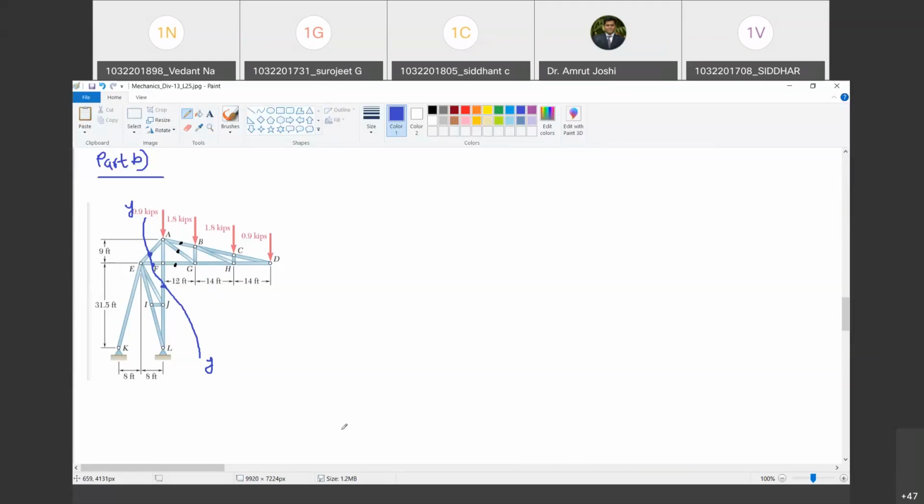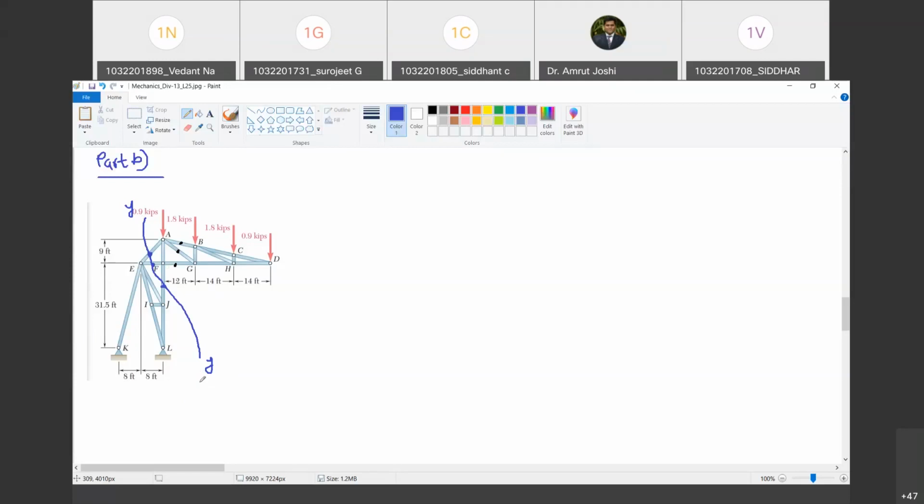Whereas in method of sections, after finding out the reaction, if required (in the rest of the trusses we may find out reactions depending upon the type of truss), then we take a section which passes through 3 members at the most. Are you with me? Yes, sir. I am saying at the most. It could be that you take a section passing through 2 members also, no issue. But it should not be more than 3. Are you with me? Yes, sir.